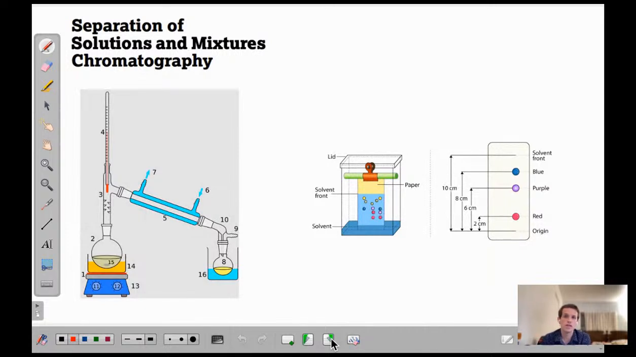Okay, moving forward, separation of solutions and mixtures, chromatography. All right. So way back in our first video, we did briefly mention mixtures and sort of what defines them versus a pure substance. Mixtures can be physically separated, whereas a pure substance, a compound, cannot. You cannot separate hydrogen and oxygen from water by just boiling it. You have to do a chemical reaction to do that. So mixtures can be